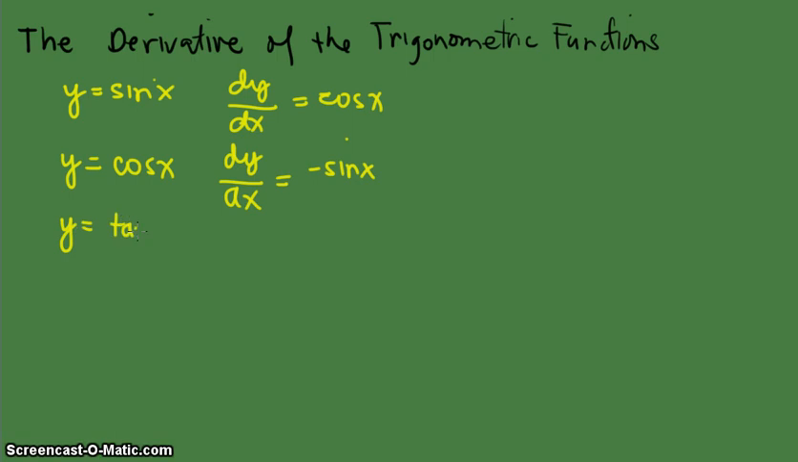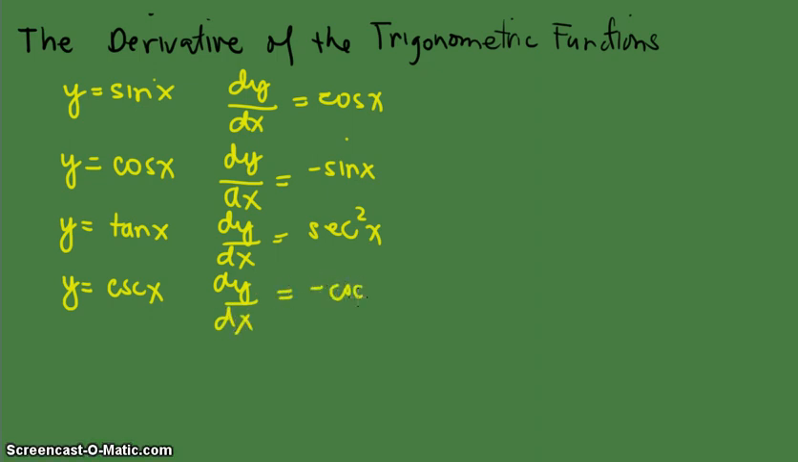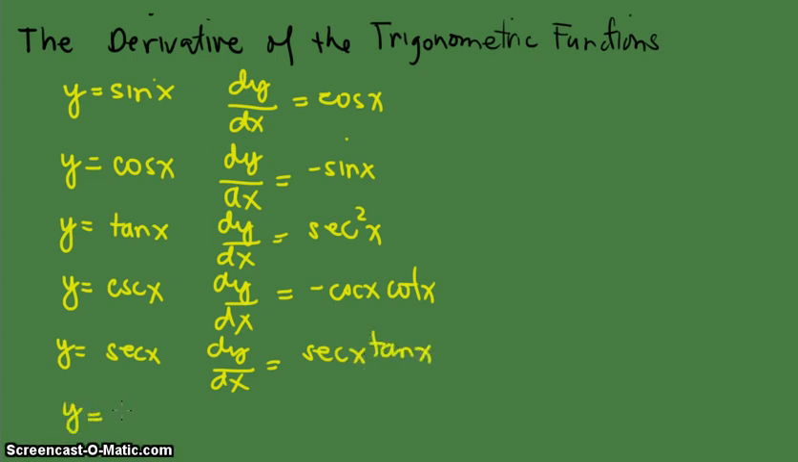If y is equal to tangent x, the derivative is equal to secant squared x. If y is equal to cosecant x, the derivative is negative cosecant x cotangent x. If y is equal to secant x, the derivative is equal to secant x tangent x. And finally, if y is equal to cotangent x, the derivative is equal to negative cosecant squared x. Now you might be asking, how can I